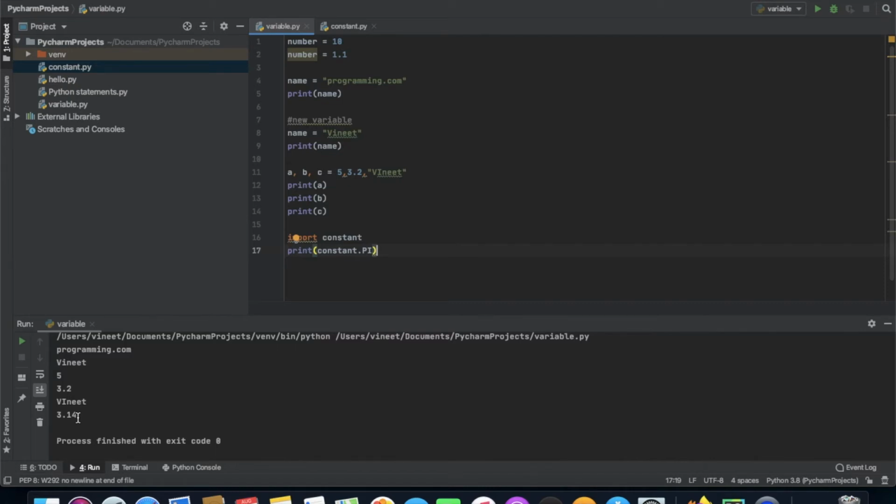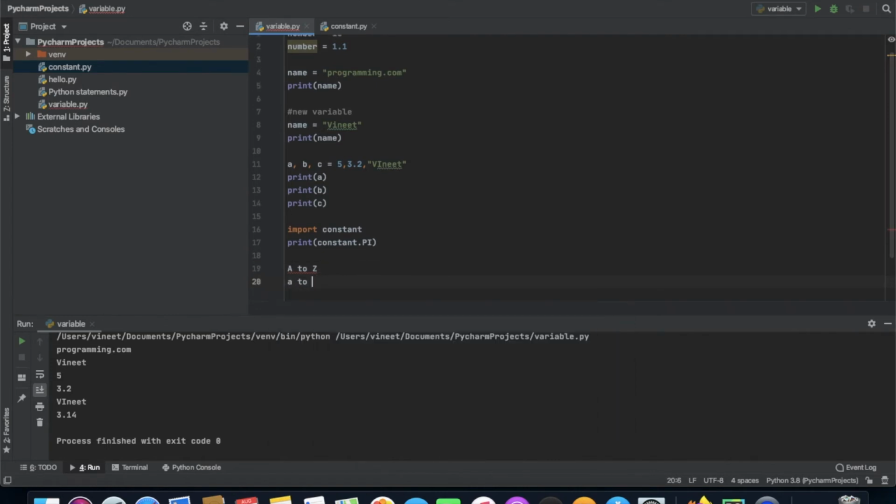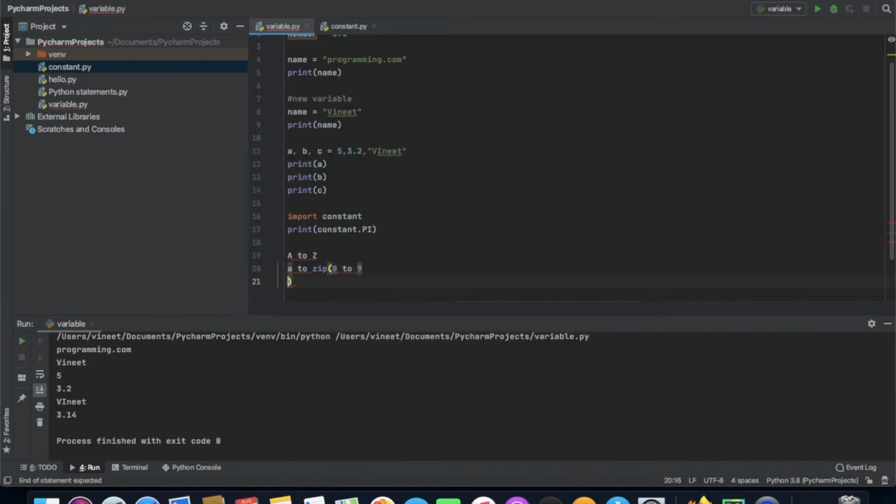So what are the rules for naming variables and constants? Constants and variables should have a combination of letters in lowercase or uppercase, like A to Z, and digits like 0 to 9.